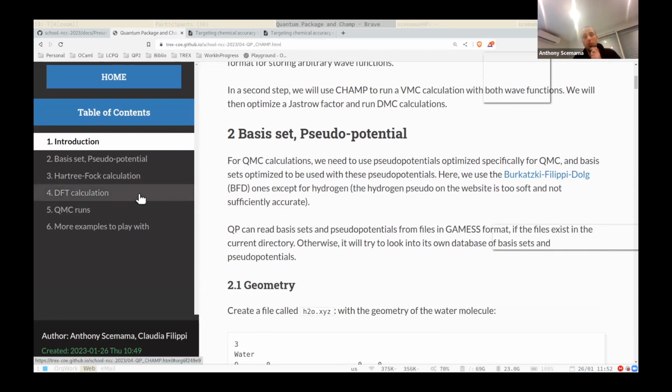So we'll also have to do a DFT calculation. Then we will use these two wave functions as trial wave functions for QMC calculations, so that you can see in QMC what will be the difference between two different kinds of wave functions. And there was a question this morning about how the variance scales in QMC.